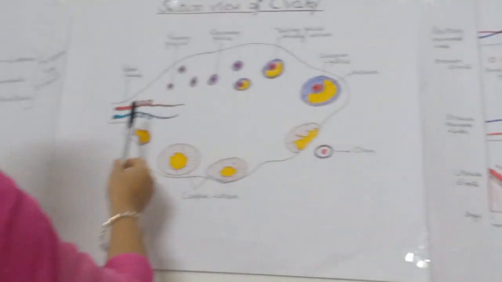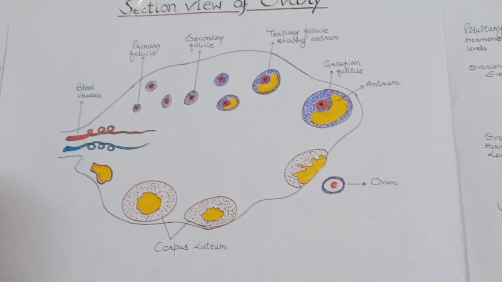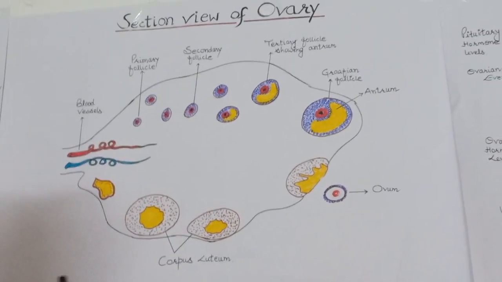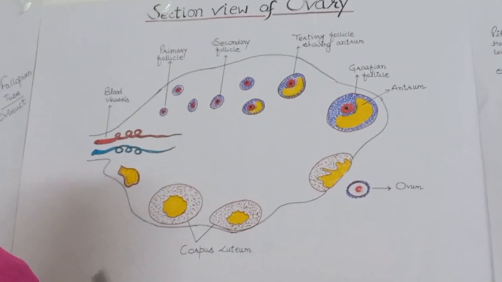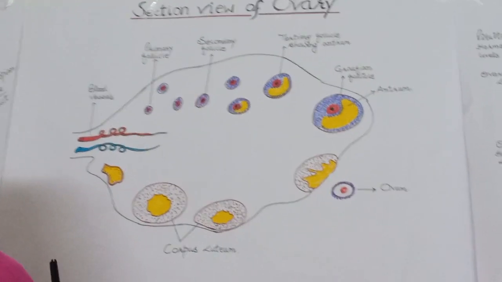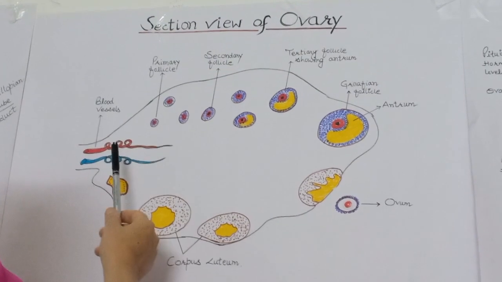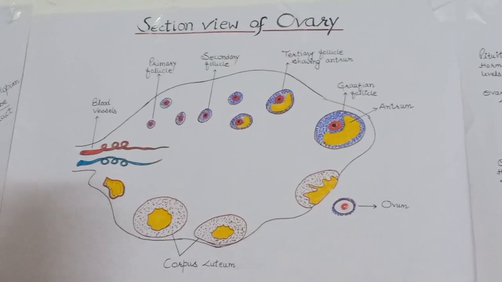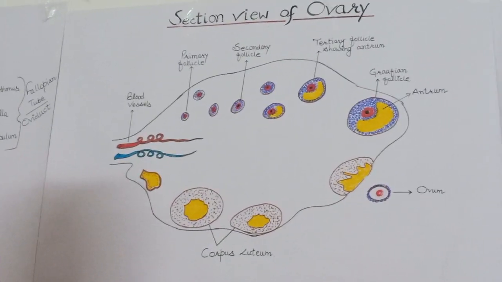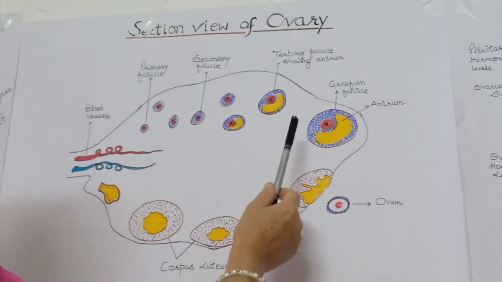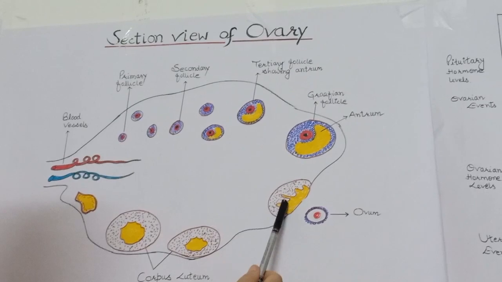In the fetal ovary there are around 1 million oogonia, and no more oogonia are added after birth. But by the time the girl child reaches the age of puberty, there are around 60 to 80,000 primary follicles. The rest of the primary follicles degenerate, and the degeneration of primary follicles is known as follicular atresia.